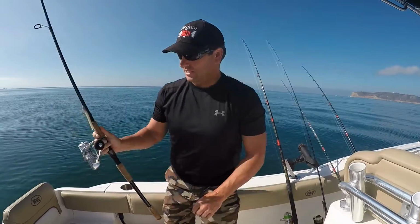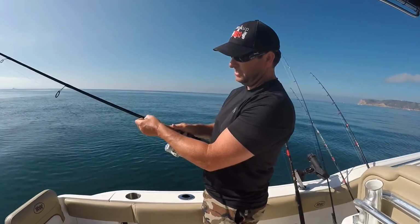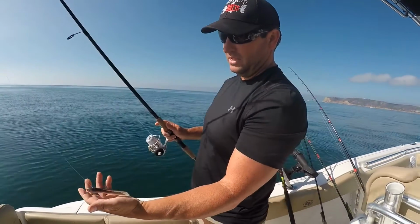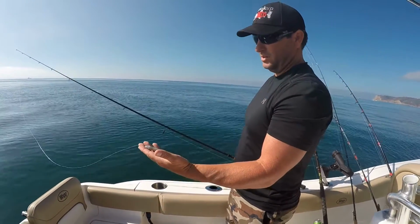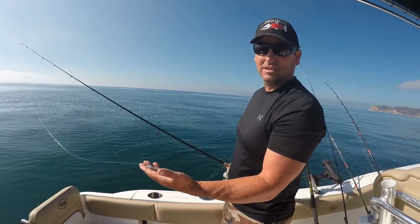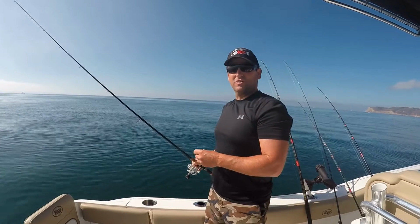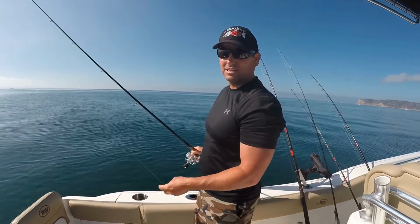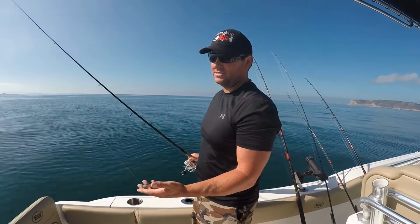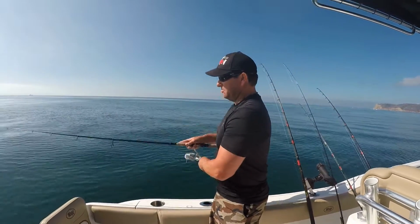I've got my bass rig here. It's my favorite bass rig, SR6, 17-pound fluoroleader, and that's the white shad. We're outside the bay, so we're doing a 5/8 jig here. When I'm inside the bay, it's usually the 3-inch quarter or the 4-inch 3/8, which is almost mostly what I use. As soon as I get outside the bay, the 5/8 is hard to beat. The 5/8 really works well. Basically what you're gonna do,